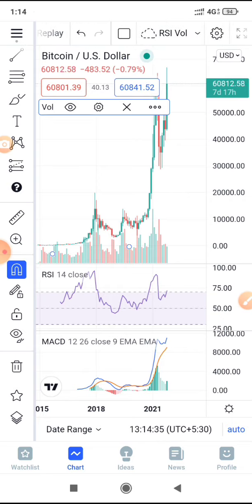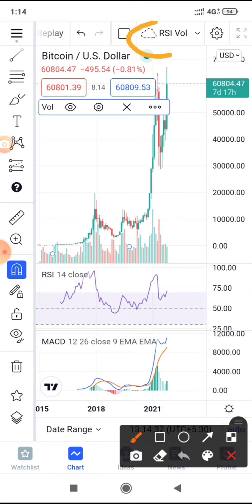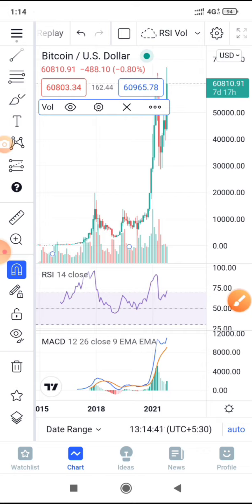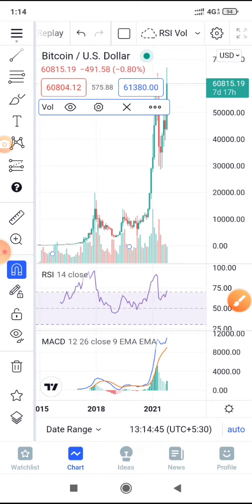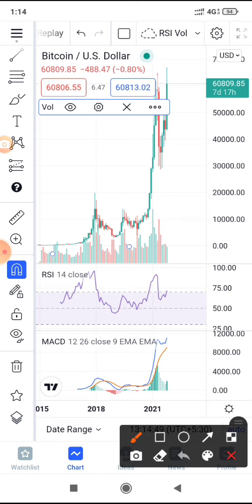So and then you have one more important section, which is saving your view. Whatever view you have created, whatever charts you have plotted, whatever things you have done on this chart, you can save it by clicking on this button if it doesn't save automatically. Sometimes it doesn't save automatically.